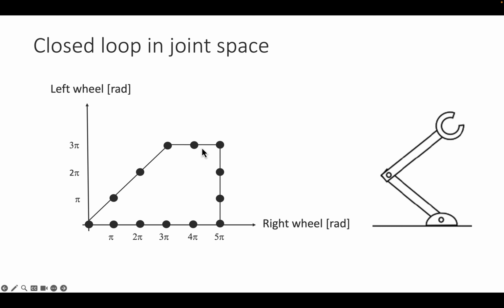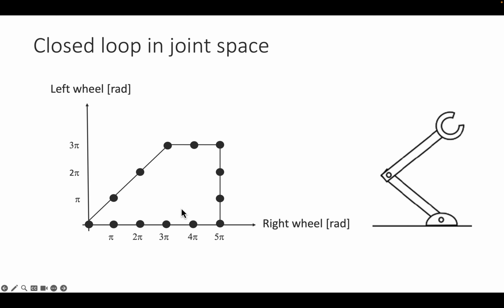And then we start moving only one of those motors back. And so we perform a closed loop in the configuration space and end up back at 0, 0. Where's the robot then? Well, it's at the same position where it started from. That means the closed loop in the configuration space is a closed loop in the Cartesian space as well. This is not the case when you use these rotations for the left wheel and the right wheel of a differential wheel robot. And I let you watch a little video that is also on Coursera, which shows that in